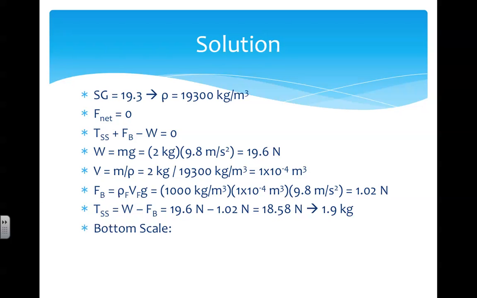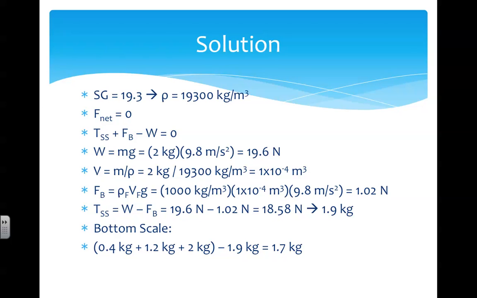Part B then asks us to determine the reading of the bottom scale. The bottom scale is going to read the mass, or maybe even the weight, of the entire setup. We have a 0.4 kilogram beaker of water. We have 1.2 kilograms of water in the beaker, and we have a 2 kilogram piece of gold in the fluid, in the water. But that 2 kilograms doesn't act fully on the scale at the bottom, because the spring scale is providing an additional upward force, or